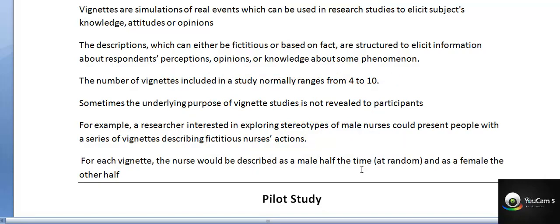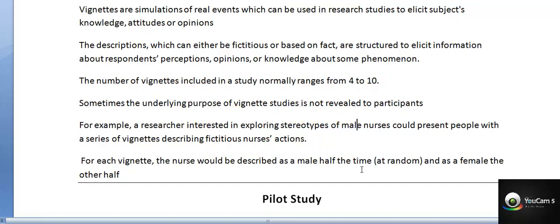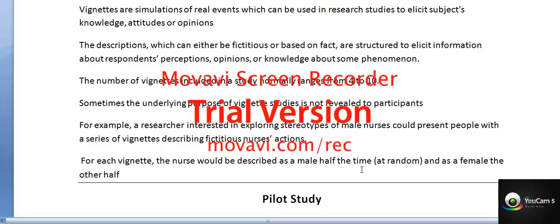nurses. So if you want to know how the male nurse acts in the situation, and how the female nurse acts in a situation, these are the two things. Especially we can see that when the patient has an emergency crash, or we can say cardiac arrest, how the male nurses respond, how the female nurses respond. Of course there are differences. Male nurses will be strong enough and they don't panic, whereas some of the female nurses become panicked. So these kinds of situations you can give, and you can see how the male nurses act and how the